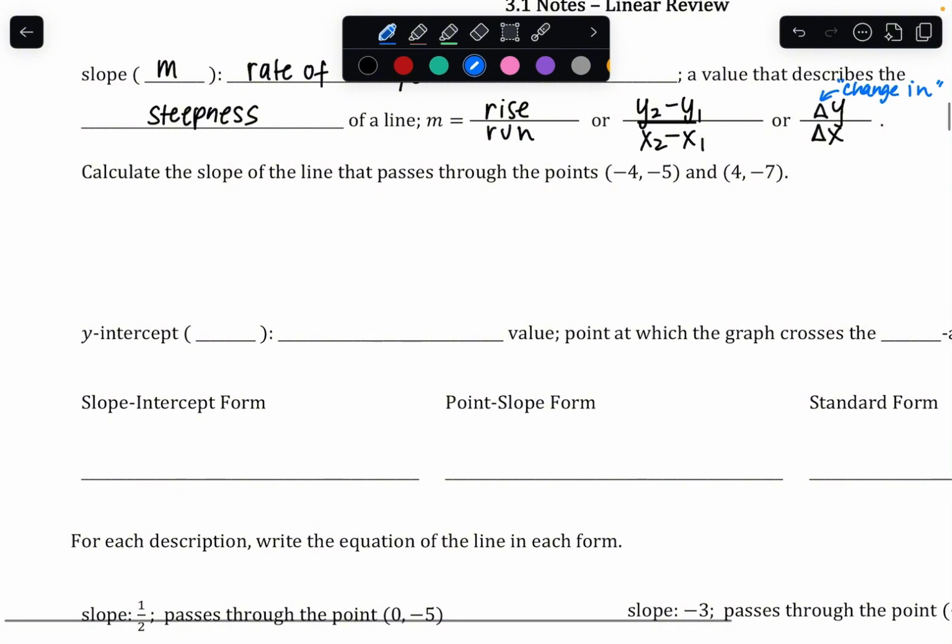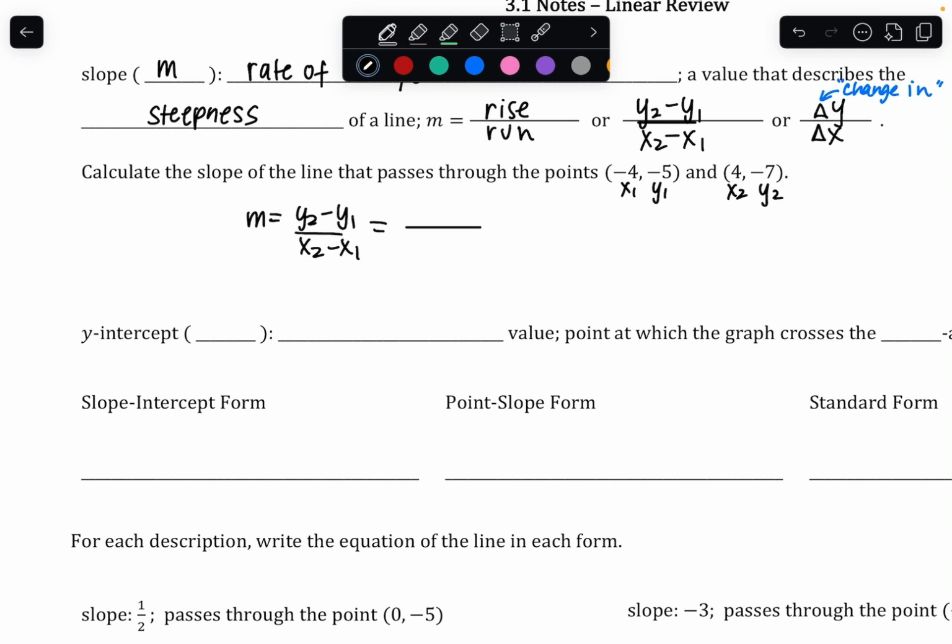Okay, and so if we want to calculate the slope between these 2 points, I like to label them x1 and y1, x2 and y2. And so the formula says y2 minus y1 over x2 minus x1. Okay, and so y2 is -7 minus y1, which is -5. And then x2 is 4 minus, the minus is part of the formula,